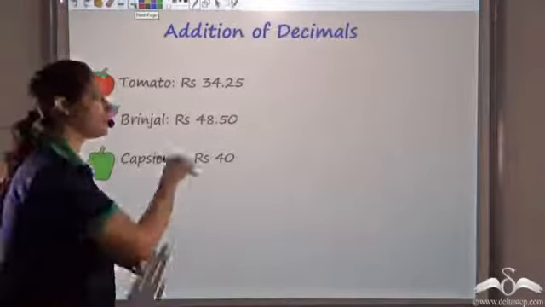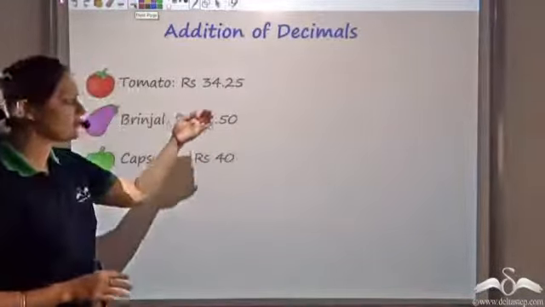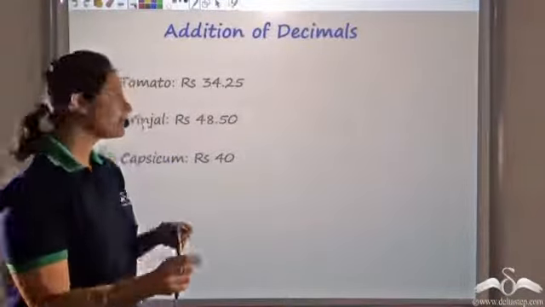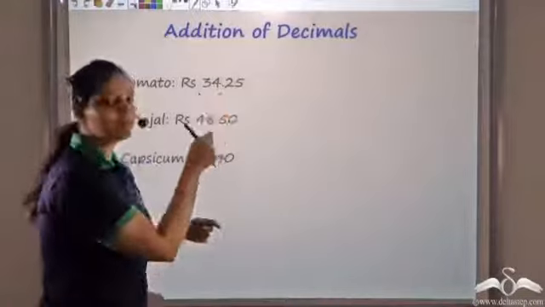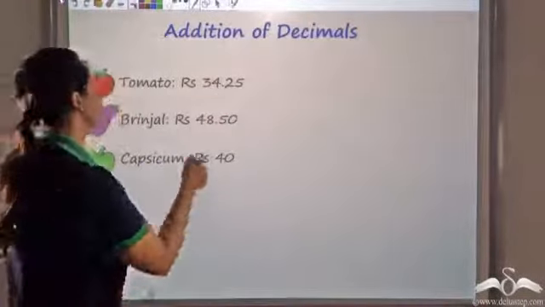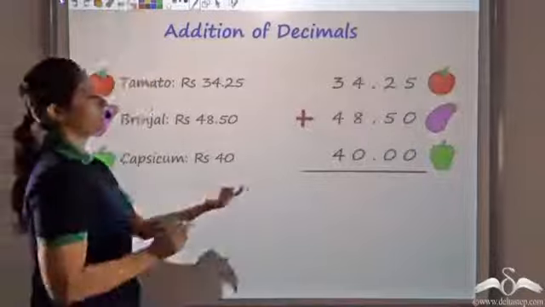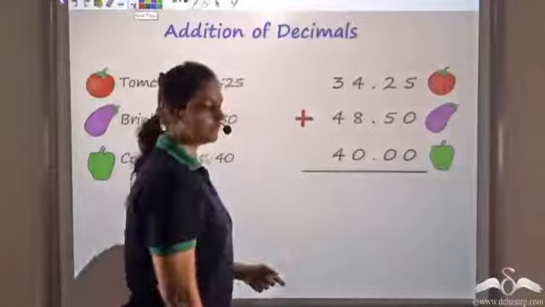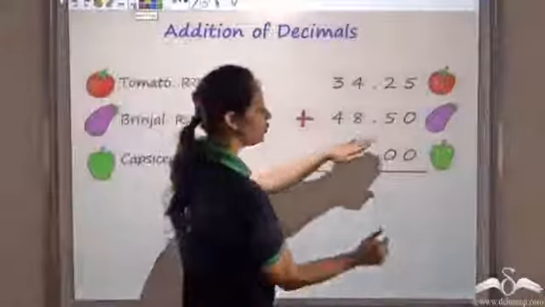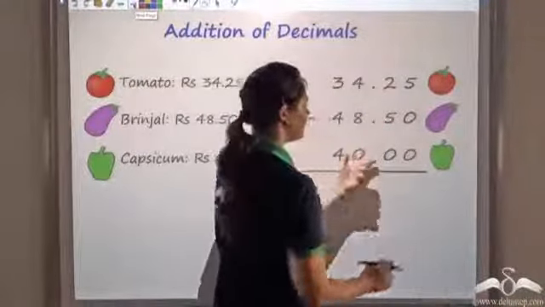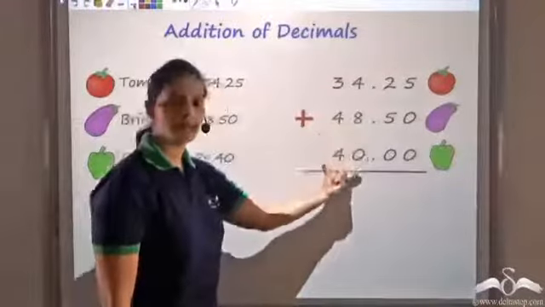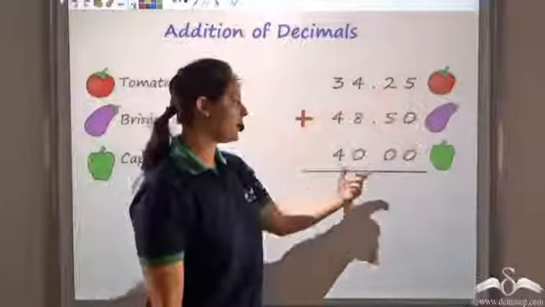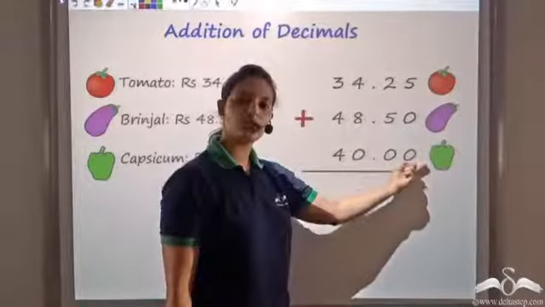Now let's see how do we add these decimals. It is similar to integer addition, but one thing that you have to keep in mind is that the decimal point should come one below the other. So you write it, place it in columns, but the decimal point should be one after the other. So if you have this number 40, do not place 40 here. 40 is an integer which will come in the integer part. The decimal points should be lined one below the other. And I can write 40 as 40.00.